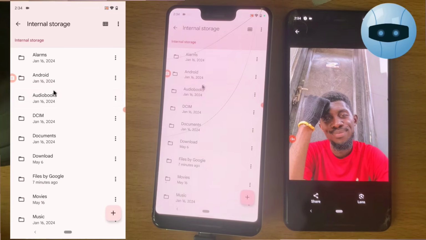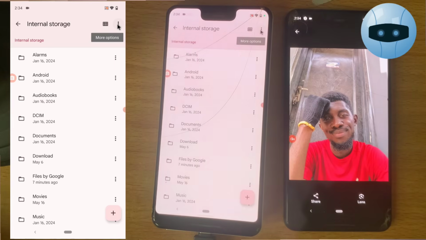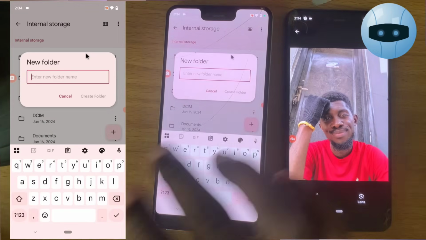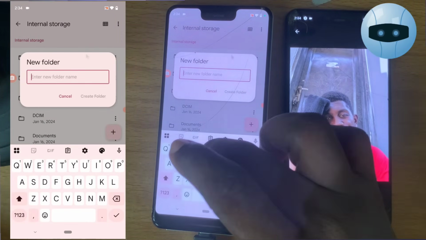and then go to your internal storage or your storage area, and you can see there are so many folders here. Just let that be. You want to be precise with the one you are working on. Click on this three-dotted icon and you do add a new folder. Now make sure you give this a unique folder name that you can remember. So I'm going to say Trust